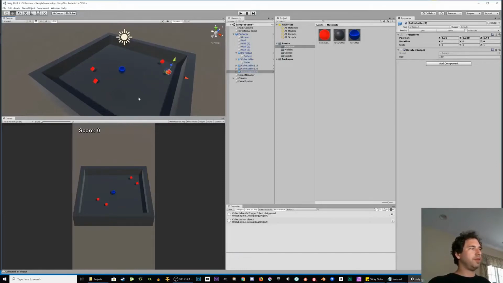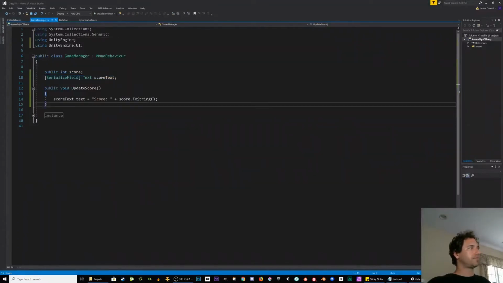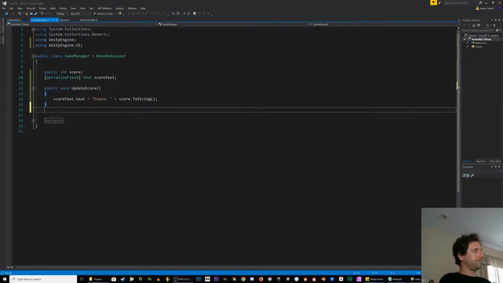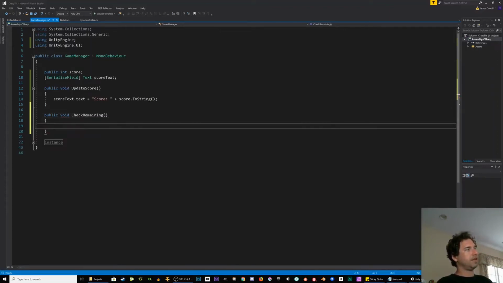Now what we want to do is set up our game so that when all of them are collected, it gives us a game over, or level completed. So in our game manager, or actually in our collectible script, we can update our score and then call another function on game manager, public void check remaining. We'll call it that, and we'll say game object array collectibles,